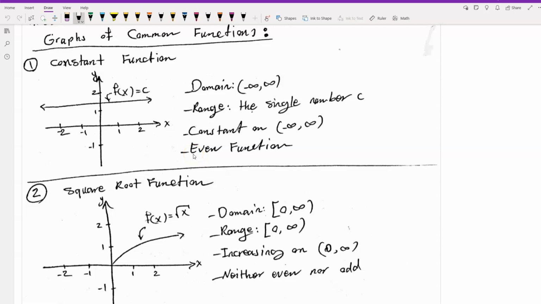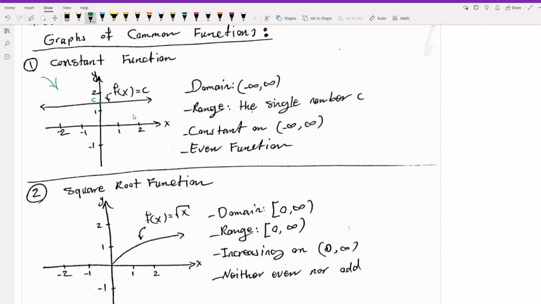Here in this section, we have graphs of common functions. So the first one that we have here is the constant function. I have this graph for f of x equal to c. So assume that here, at this point, we have c, and c is equal to, for example, 1.5. So f of x equal to c, we're going to have a straight line, and that is a horizontal line, which